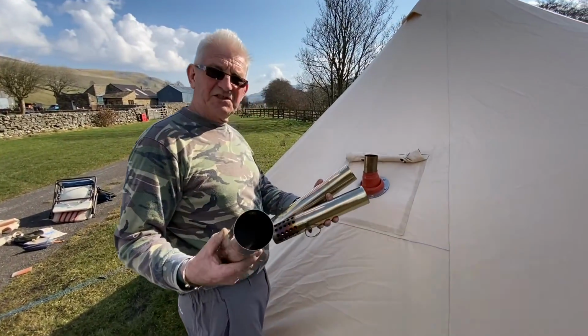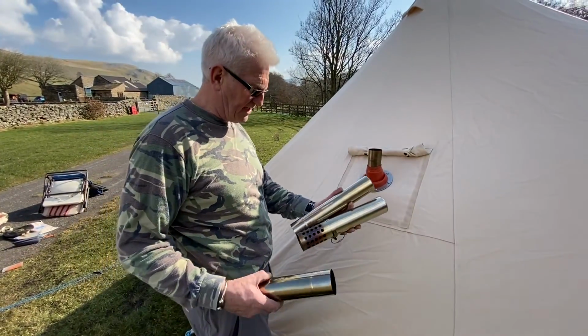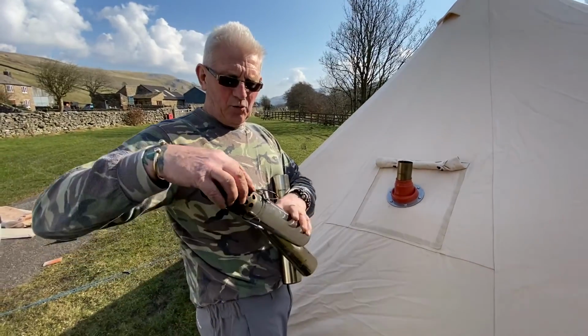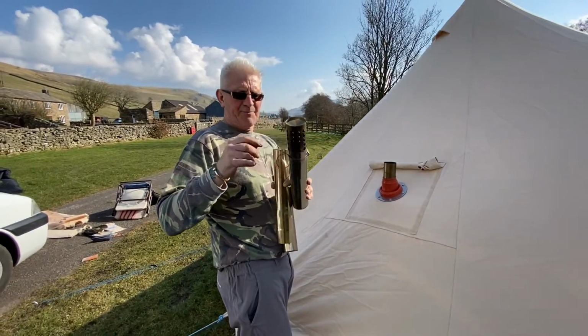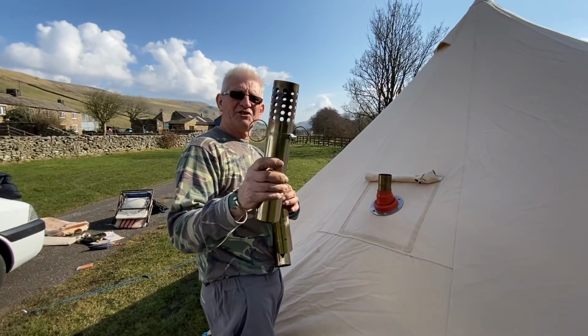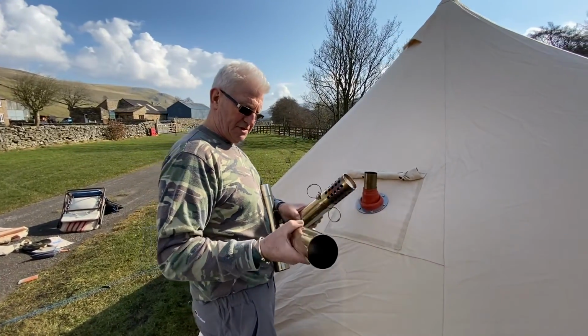Right, this all comes in sections. I think there's 6 sections. Your top one is your spark arrestor. These little wires on top, you can put a guy rope on each one, and if it's windy, it'll just stabilise your chimney. There you go. So,